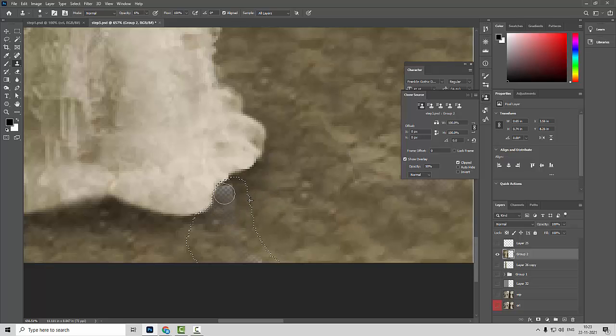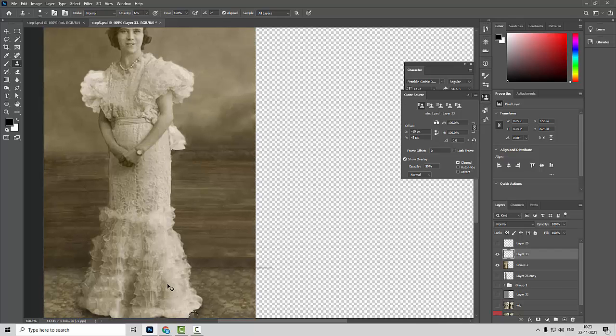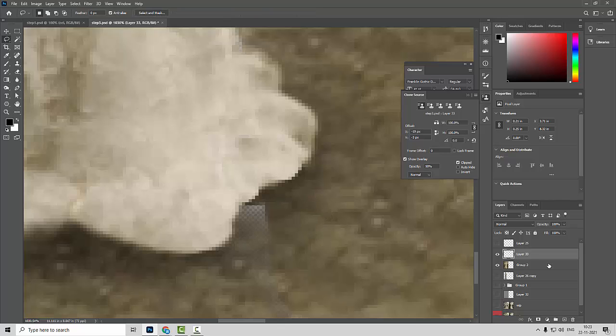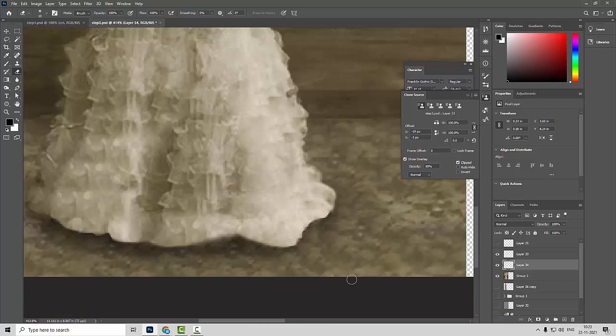Sorry, I think I'll select this one, press Ctrl J, something like it here. So I'll simply merge like this. So these are the areas I want to recover now.